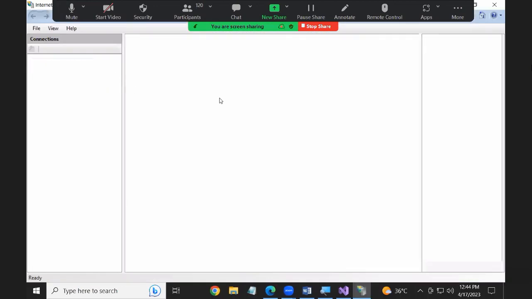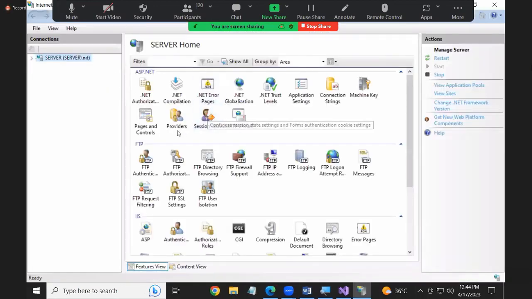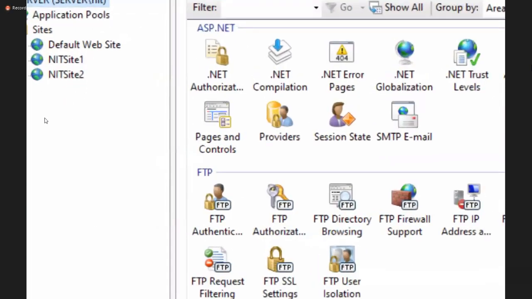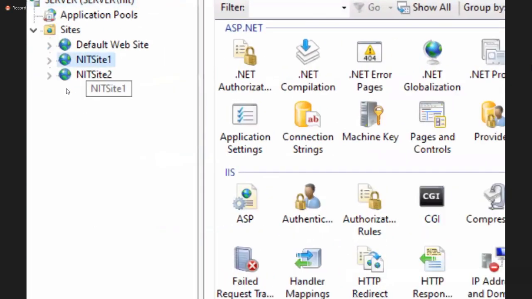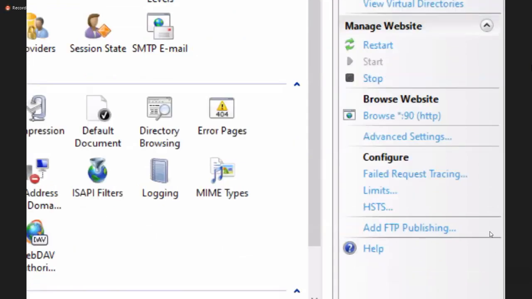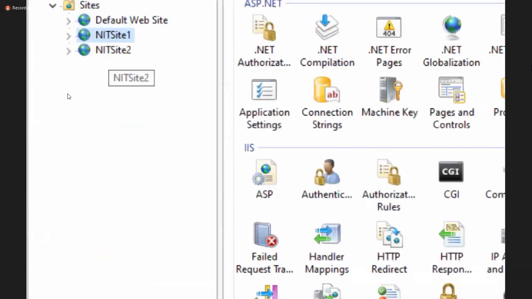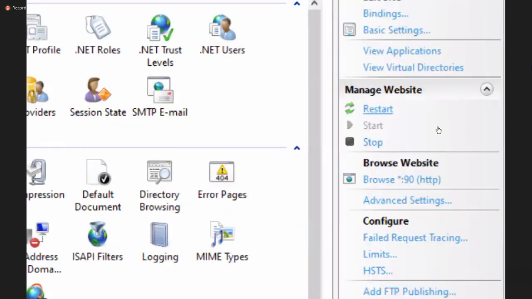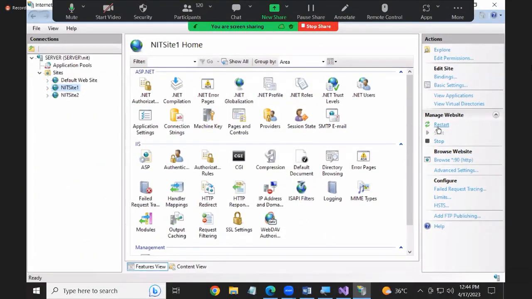See, this is your site. If you want to restart it, you have the option directly on the IIS. Select your site, come here, restart. When you restart this or you recycle the worker process, which we already learned in the last class,